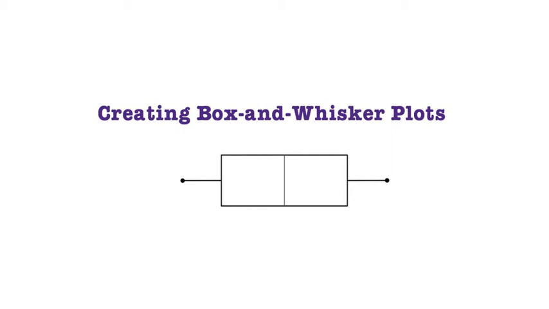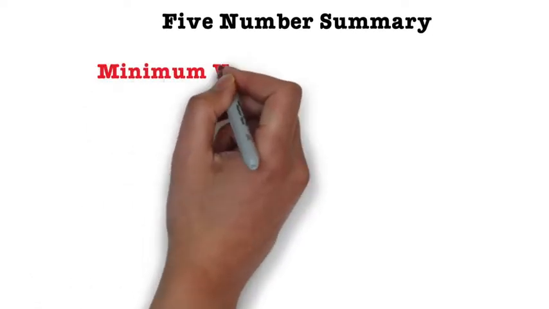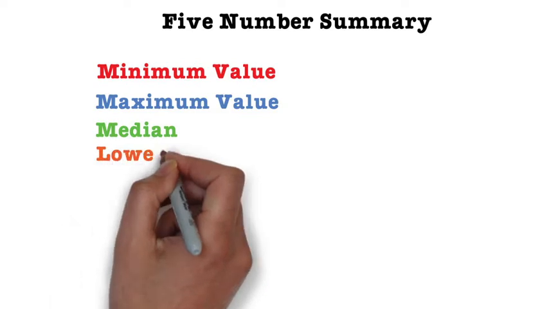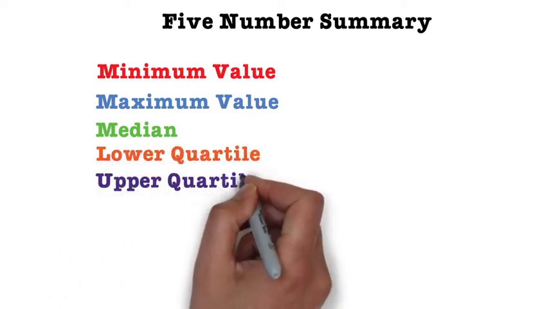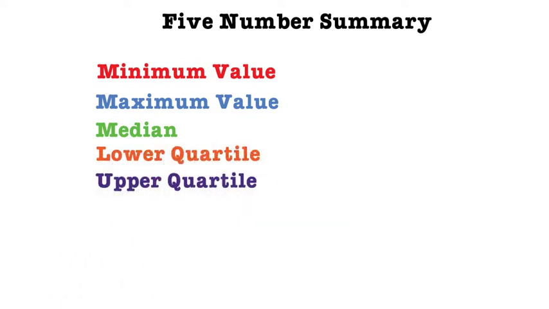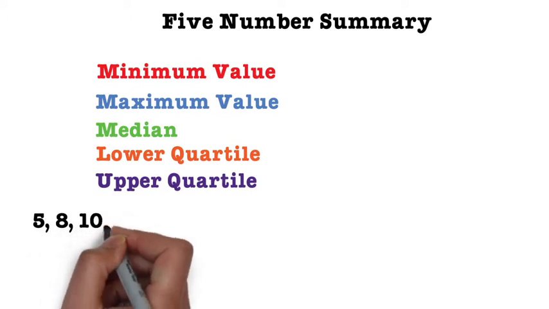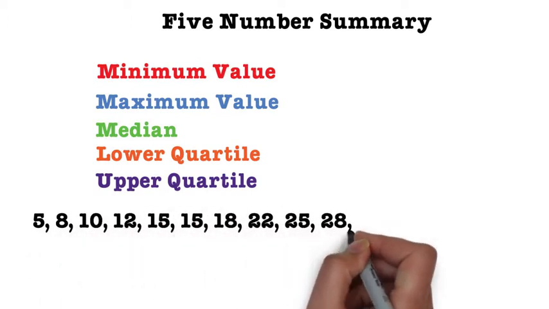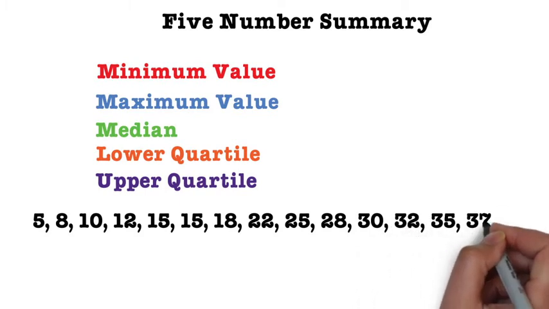In order to create a box and whisker plot for a set of data, you have to determine the 5-number summary, which includes the data's minimum value, maximum value, the median, the lower quartile, and the upper quartile. Let's take a look at a set of data so we can determine the 5-number summary and then construct a box and whisker plot. Here's our data set: 5, 8, 10, 12, 15, 15, 18, 22, 25, 28, 30, 32,